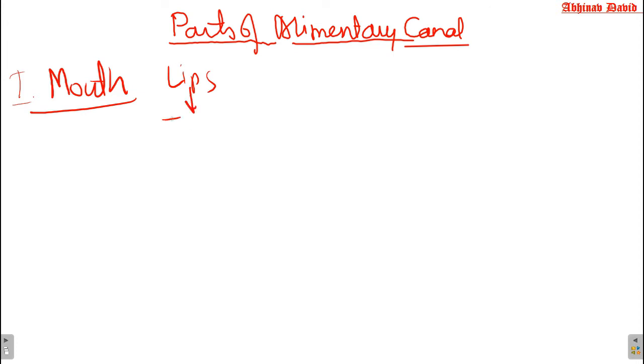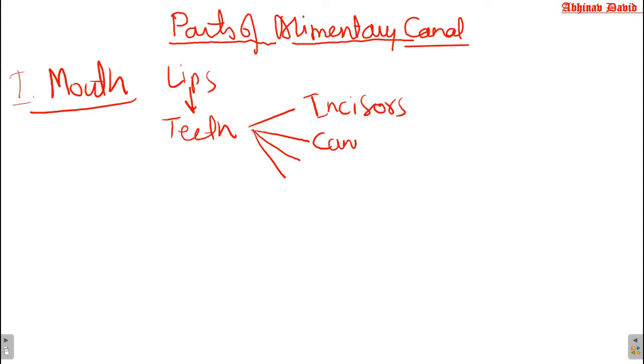Now, as we are talking about the human digestive system, we can see there are 4 types of teeth. The front teeth are the incisors, and then we have the sharp pointed teeth for tearing and piercing the flesh, called canines. Incisors are used for cutting and biting, and then we have premolars and molars. What they do is help in chewing and grinding.